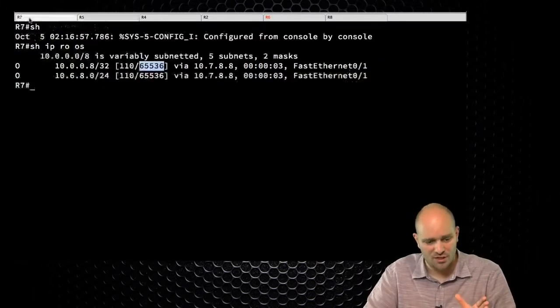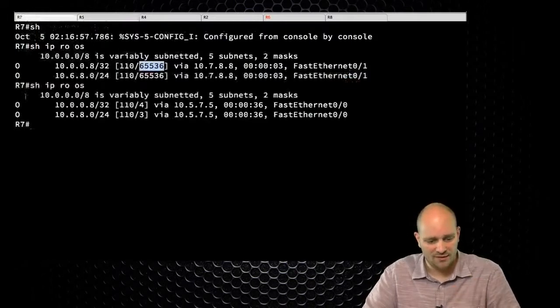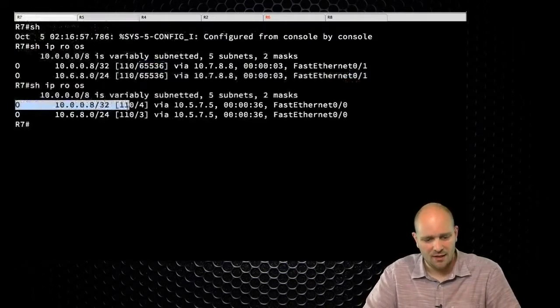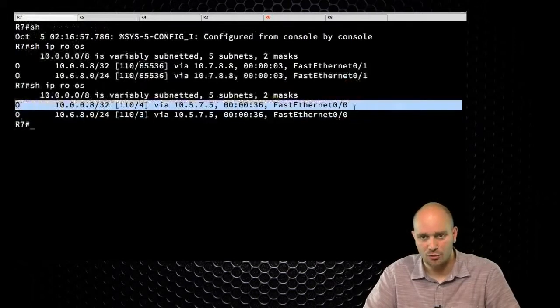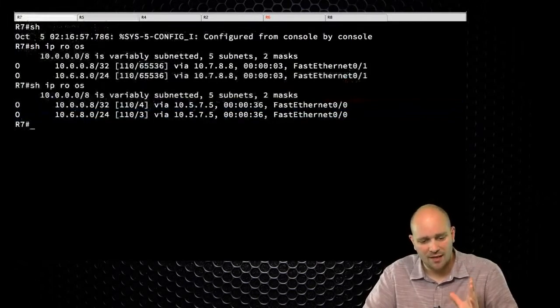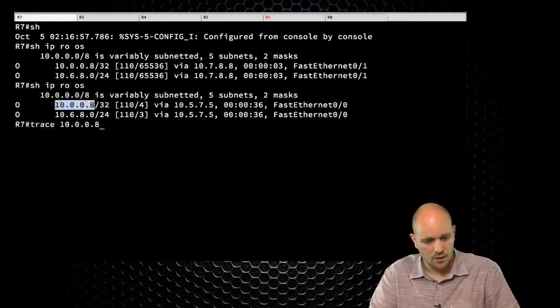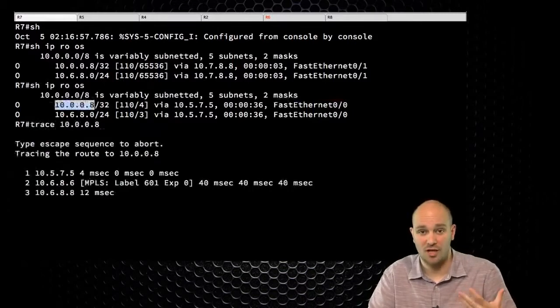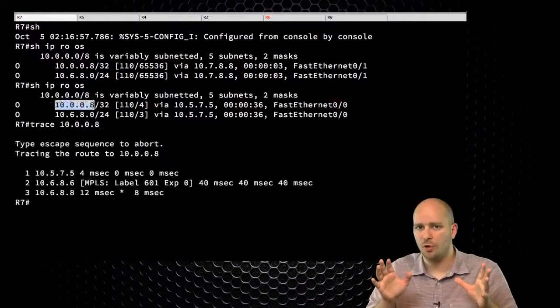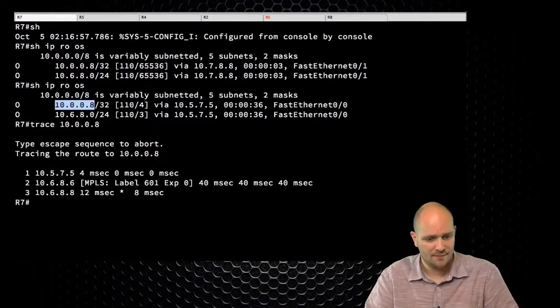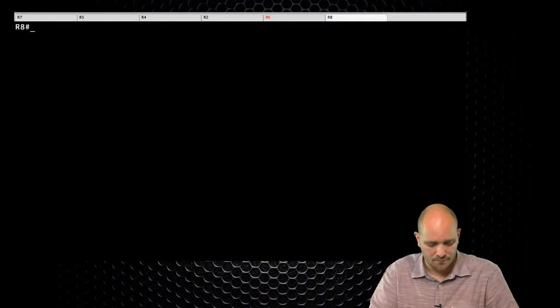So if I go to R7, and if I do show ip route ospf now, take a look at the path that my traffic to R8 is going to take. It's going to take me directly through my MPLS backbone. So if I do a traceroute to here, I can see that it actually goes across the backbone. So problem solved. Not so fast, because on R8,